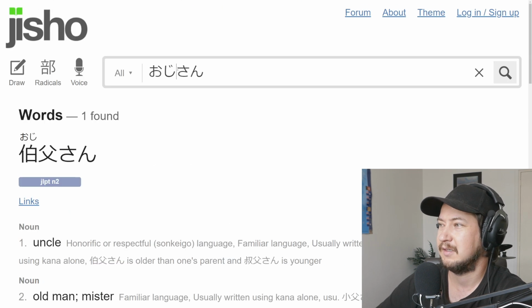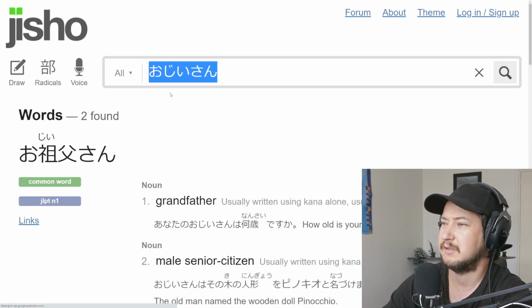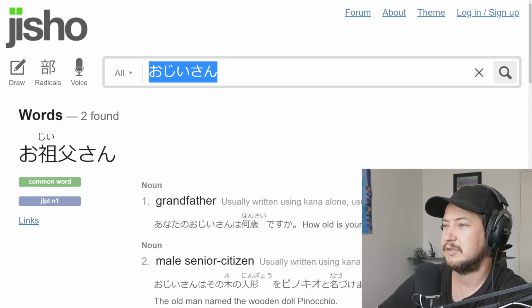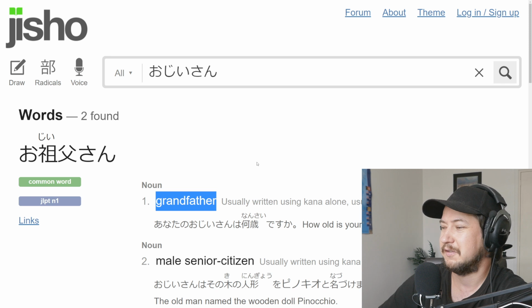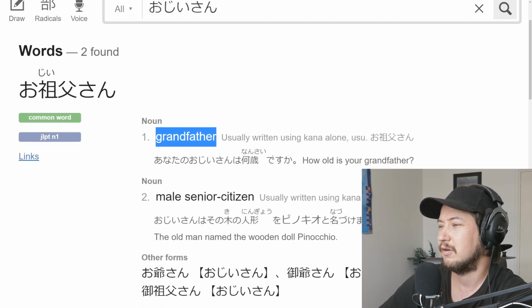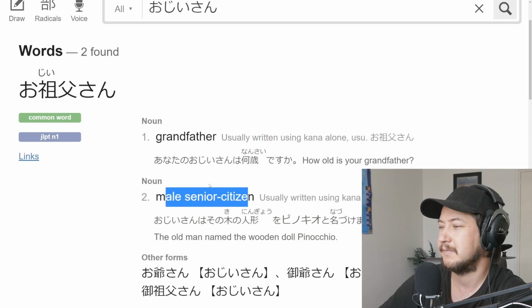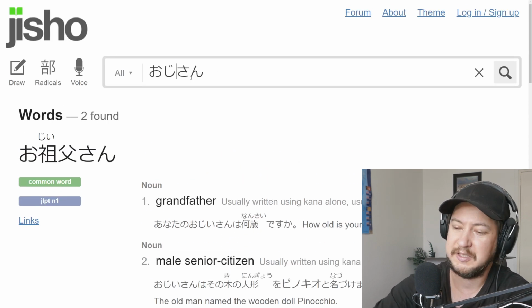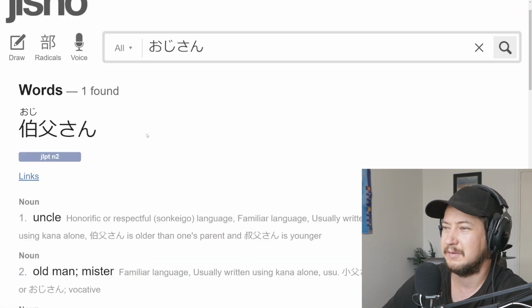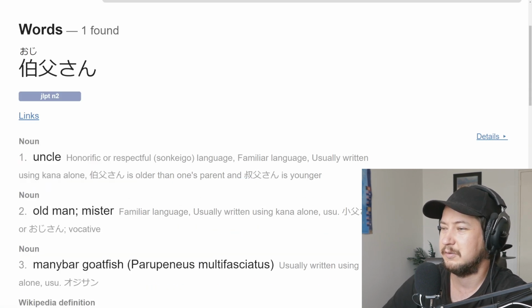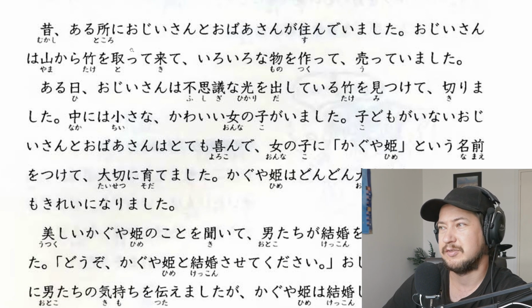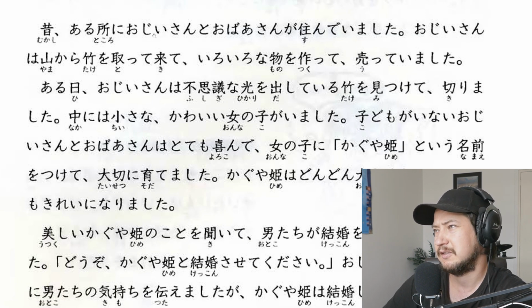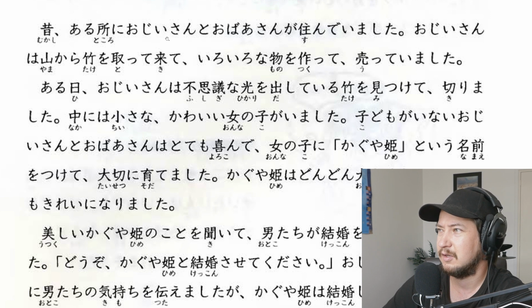Well, there you have it. I thought there was also something like that, no? So Oji-san, it's definitely grandfather, like an old guy, yeah. But without this E, it can be either or. It can be either uncle or old man, which is interesting, or just some mister. So in this case, there's an extra E, so that means it's an old guy. Okay, so this old guy, or grandfather,